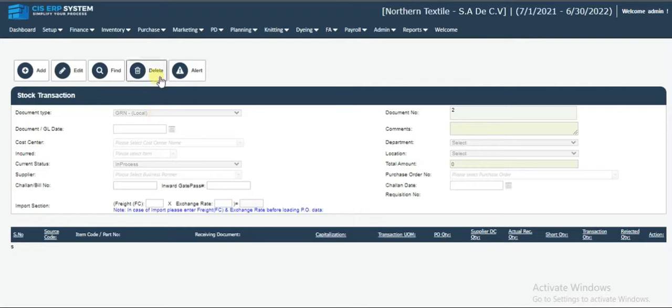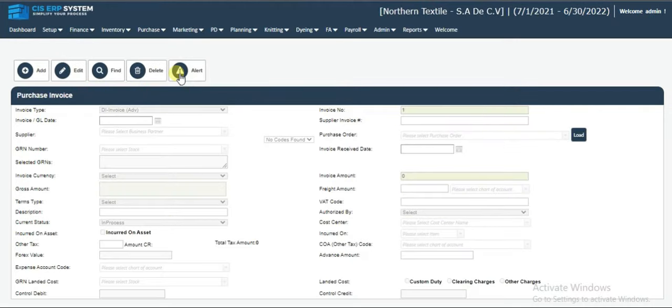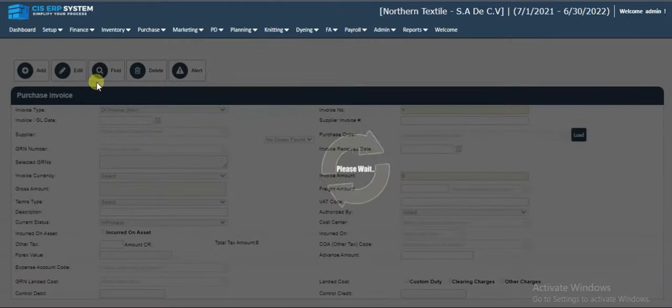Okay guys, once you have created the stock GRN, then we have to move to finance. You can see in the menu, go to finance, and the second one, account payable, for making a purchase invoice. Third one is purchase invoice, click on it. Perfect. When the purchase invoice appears on the screen, click on the add button,